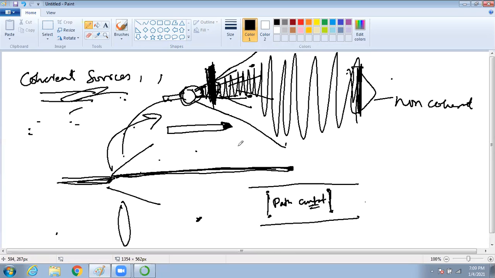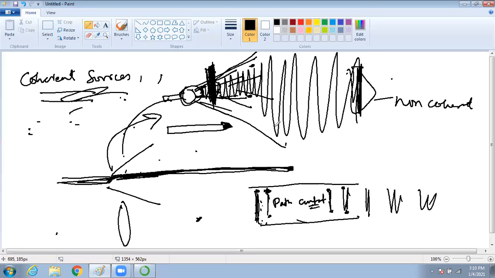Different answers here. Path difference is constant. What is constant? Path difference of the two sources is constant. If I enlarge this and take a point here, every point in a ray, as we learn in Huygens' principle, is also a secondary source. So if I take a point here and a point here, the path difference remains the same throughout.